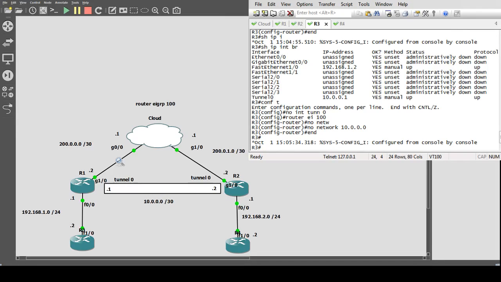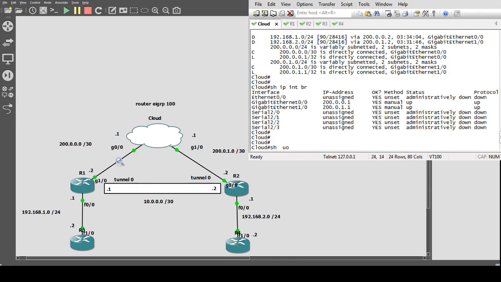Hello everyone, today we're going to do some configuration of GRE, or just making some tunnels, a precursor for VPNs actually. Now then, what's a prerequisite for creating your own tunnel? You must already have the topology of your network connected to each other. In our case, we're using router EIGRP 100 and this is our